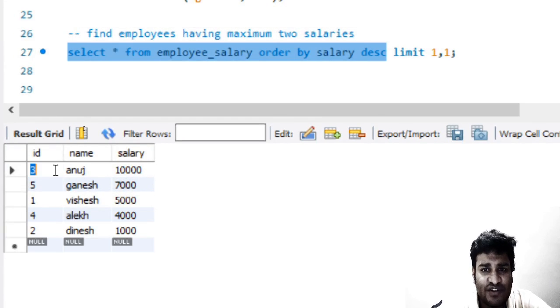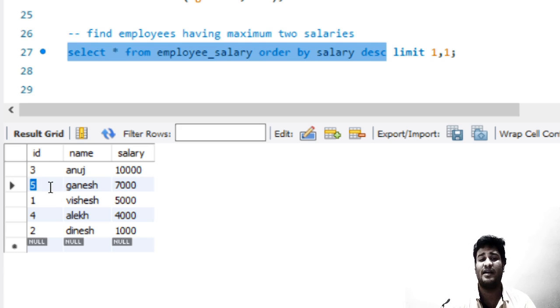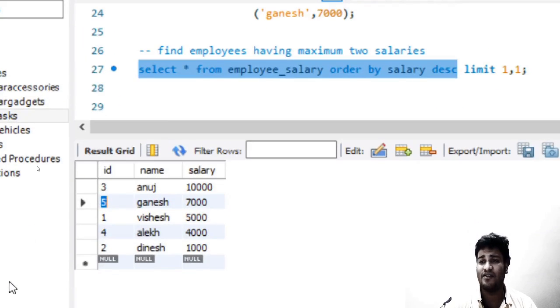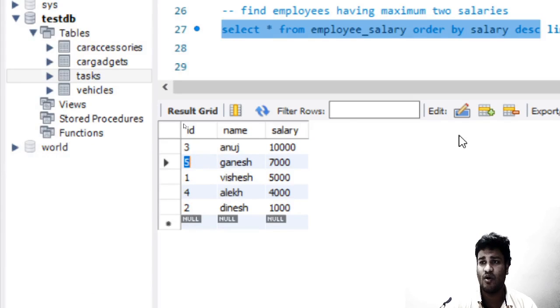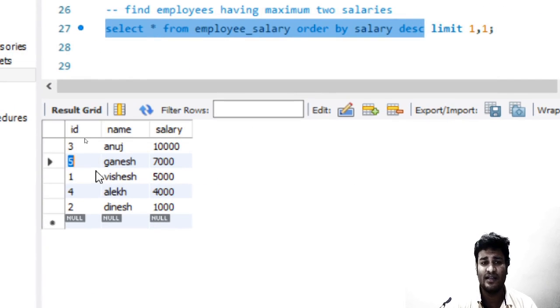This is offset 0. This is offset 1. So offset is from where we start. It says start from the first offset. So offset 1 is this, this is offset 2, then 3, then 4, and so on. The offset value starts from 0 and goes on as per the rows.